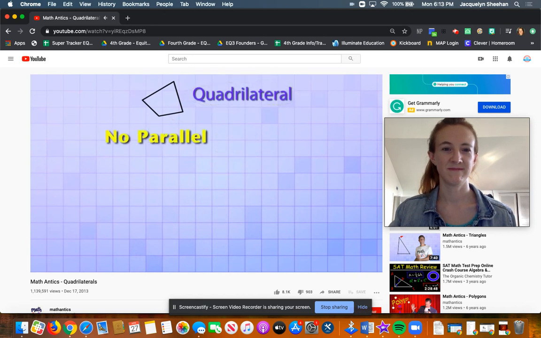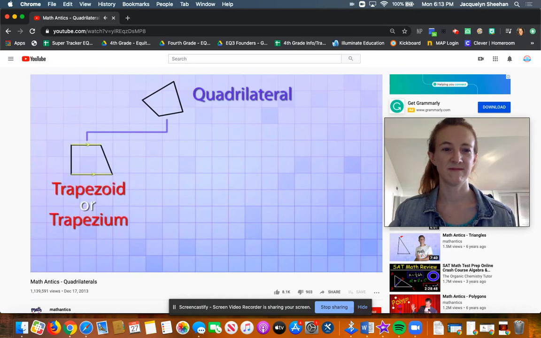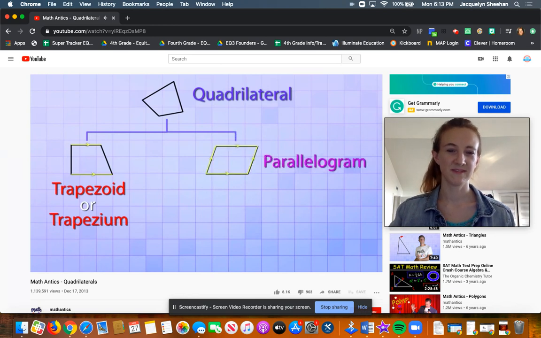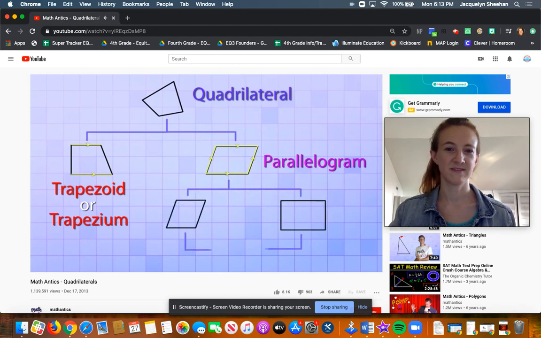And if it has no parallel sides, we still just call it a quadrilateral. But if it has one and only one pair of parallel sides, we call it a trapezoid or a trapezium. Or, if it has two pairs of parallel sides, we call it a parallelogram. And you've already seen that there's several types of parallelograms,